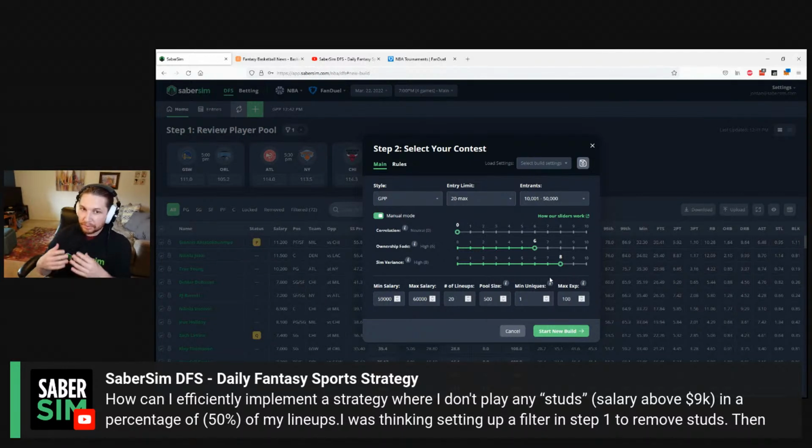Or the exposure, the percentage of lineups in your pool that have stars and scrubs constructions versus balanced builds constructions, is already optimized for how often those constructions are optimal in that set of sims on that slate. Basically, what I'm saying is if you're saying in general that you don't think more than 50% of the optimal lineups are stars and scrubs constructions, that is a rule of thumb. That is a generalization as an answer to a question that the sims, at least in theory, should answer far more efficiently.